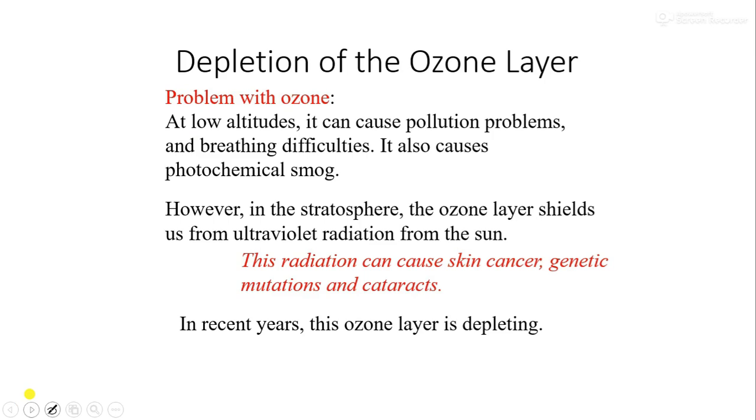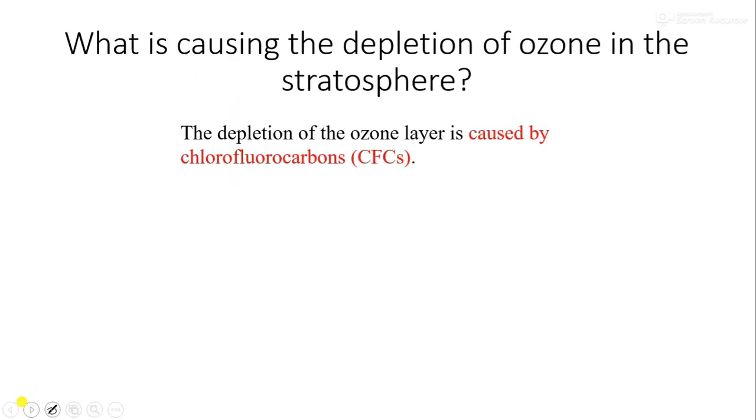Depletion of the ozone layer. The ozone layer is actually the layer which surrounds our world and protects it from the UVB rays of sunlight. UVB rays of sunlight can affect our skin and can cause skin cancer. It also causes genetic mutations and cataracts. Ozone is present in the stratosphere. Now, what is the cause